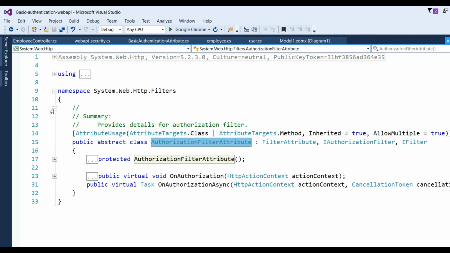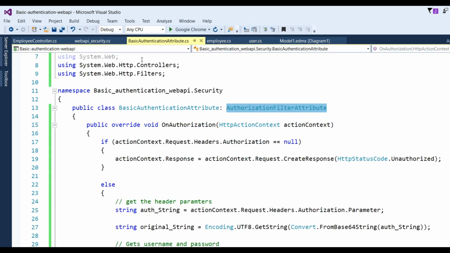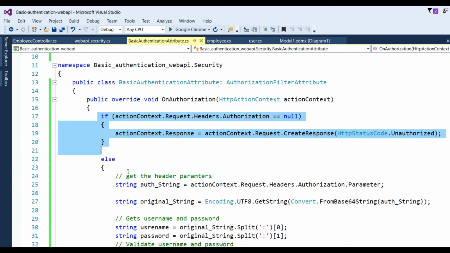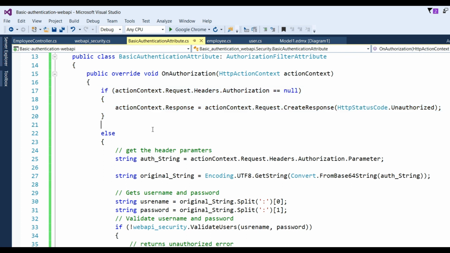You can check authorization filter is an abstract class, so need to override this class. So I have put here override void on authorization, action context, and check here whether the request header contains any value or not. So if it contains a value, then we check